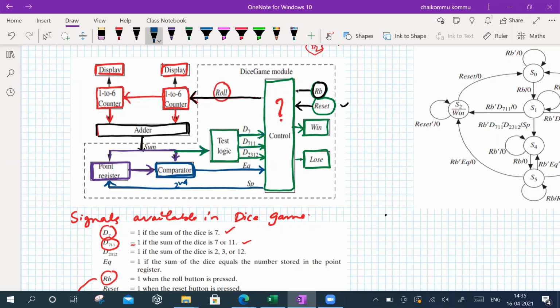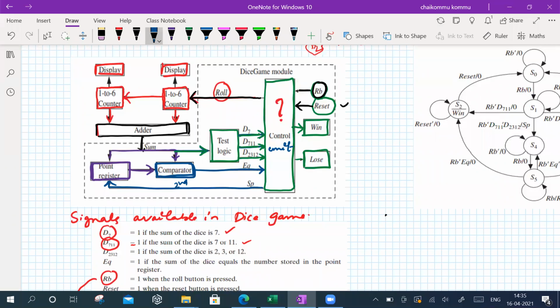Okay, whenever the enable signal is there for the pointer, then only it can store some value of this one. Unless otherwise, we don't need to store this. Okay, when we have to store is also given to us here. So therefore it's very important to note that the designing of the control unit is a question for us.